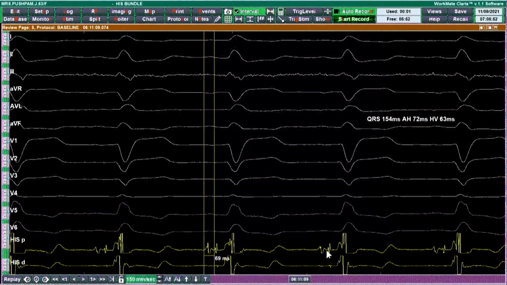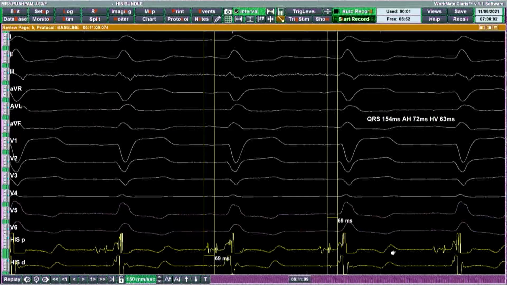Obviously, we'll look for a prolonged HV interval in any case of an LBBB going for a CRT implantation. Many times you'll have a prolonged HV, meaning that it's a typical electrical problem where there is a conduction delay producing LBBB, then dyssynchronous contraction, and then LV dysfunction. Surprisingly, in 5 to 10% of patients with an LBBB, we sometimes find a normal HV interval.